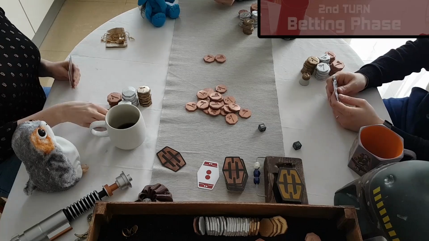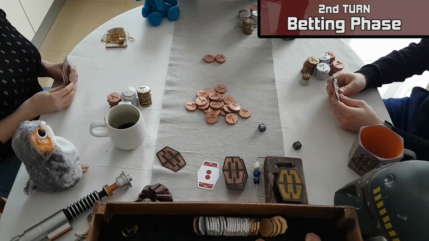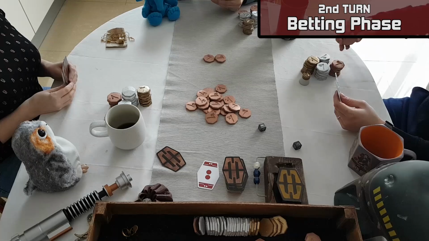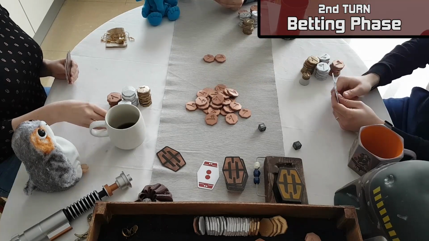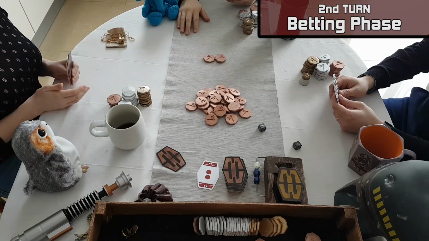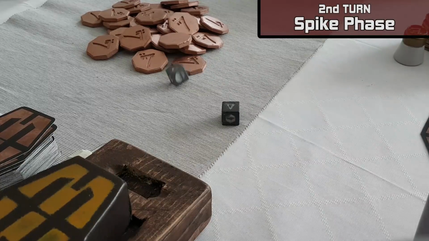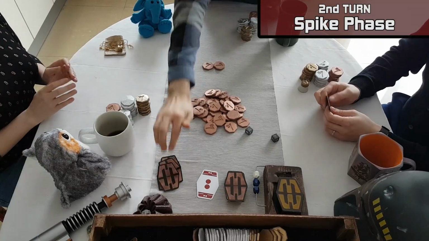Now it's the betting phase. The first player decides to bet 1 credit, called by the second player. The third player raises at 5 credits. The first 2 players call at 5 credits. The second spike phase begins and the dealer rolls the dice. The symbols match. All the players must remember the number of cards, discard their hands on the discard pile, and